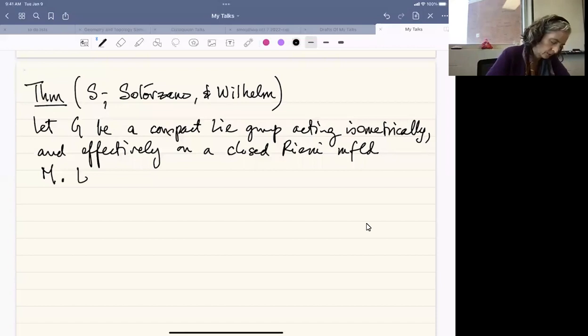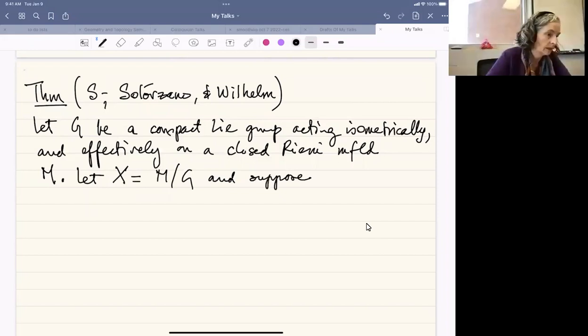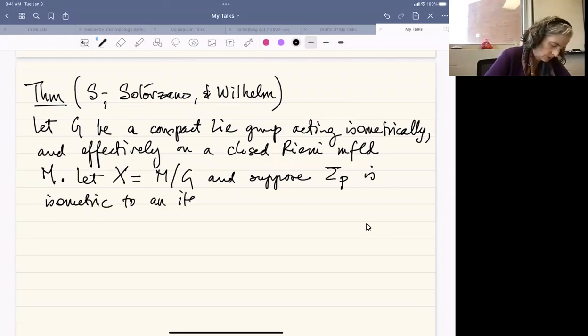Moreover, now we're going to let X be equal to the Alexandrov space we obtained, the quotient space. And we're going to suppose, this is where all the conditions come in, we're making assumptions now on the spaces of directions. So we're going to suppose that each space of directions is isometric to an iterated join of constant curvature